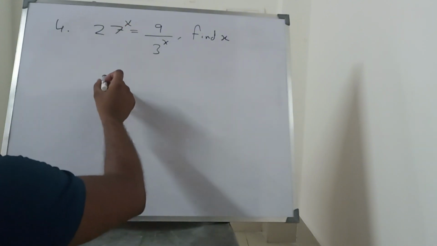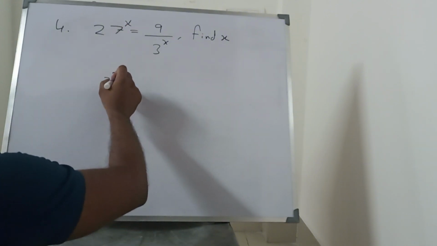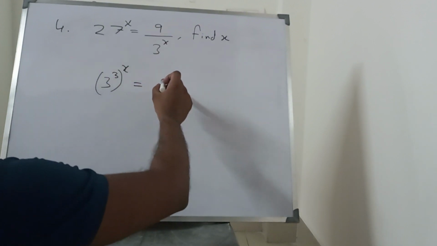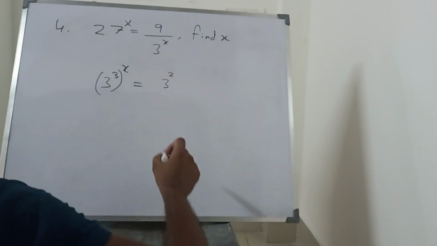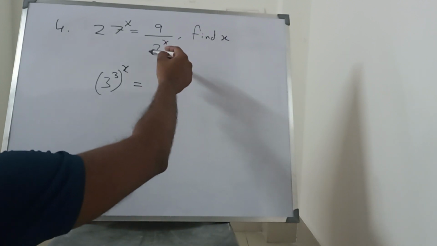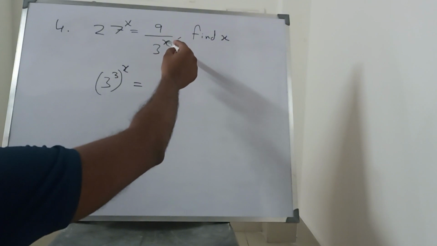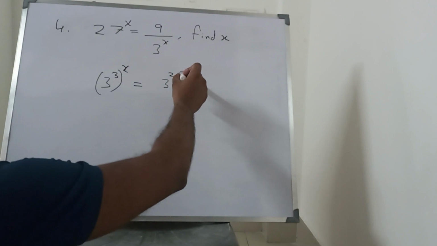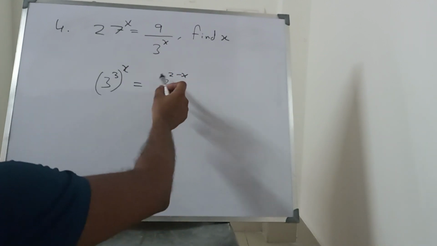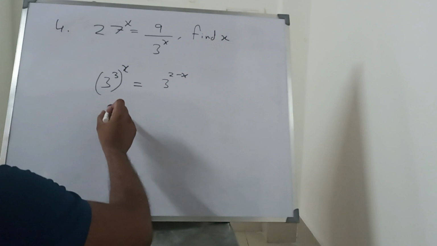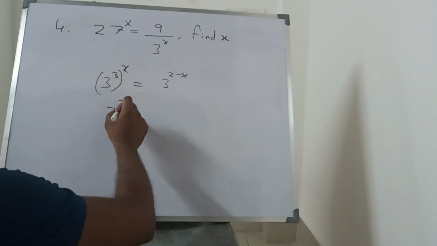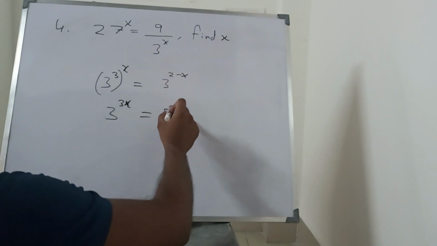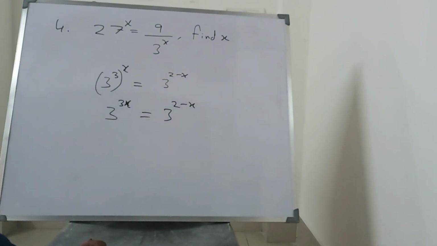So 27 is nothing but 3 raised to the power x. 9 can be written as 3 square, and over here also there is 3. So this 3 to the power x, if I bring it in the numerator, it will be minus x. The base remains the same. So 3 to the power 3x is equals to 3 to the power 2 minus x, and there is one more line you have to write,